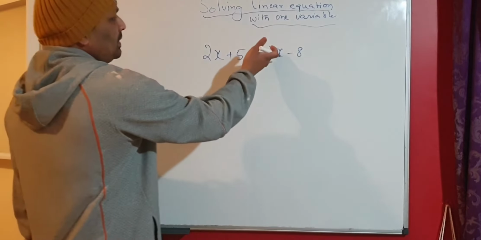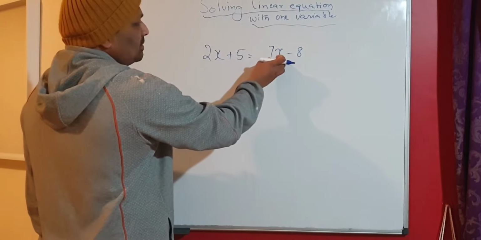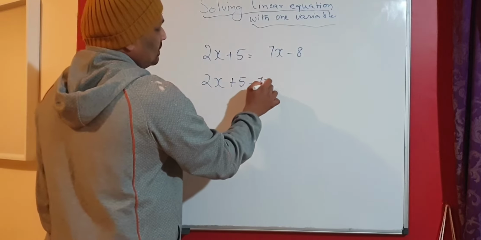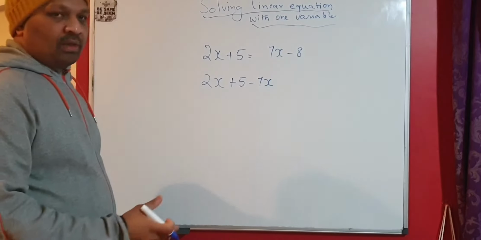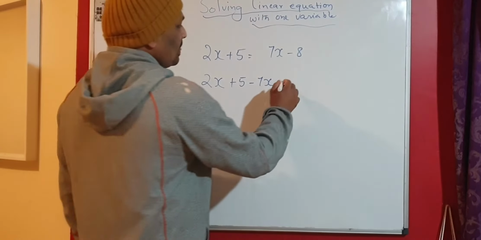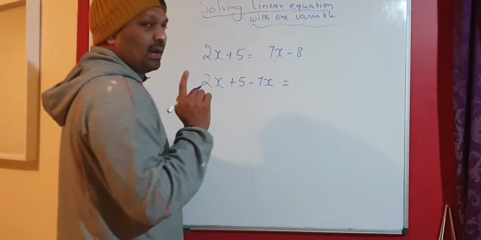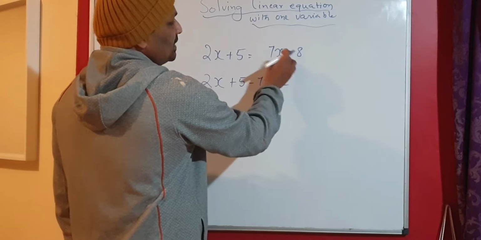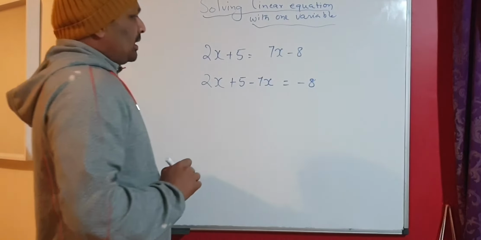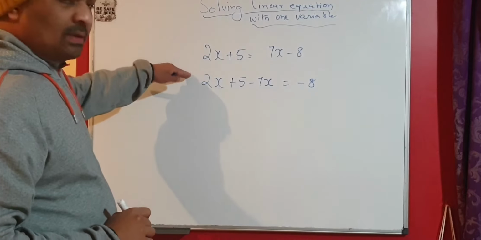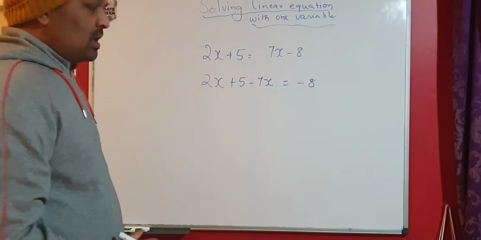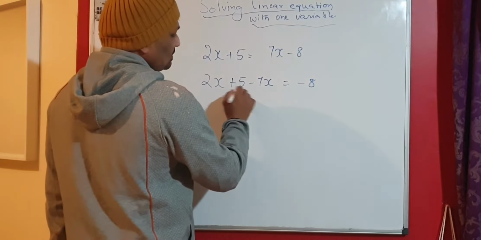Okay. Now 2x is already here and you try to bring 7x to this side. Because it is a plus 7x, when you bring the whole term to the left side, it becomes a minus 7x. But on the right side, you still have a minus 8. It is not 8. The symbol that is in front of 8 is still there. So when you move from this step to this step, you brought all the terms to the left side.